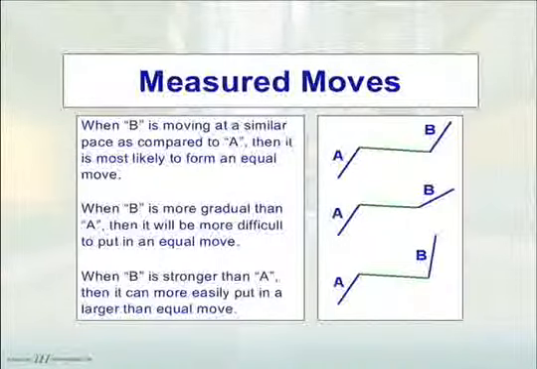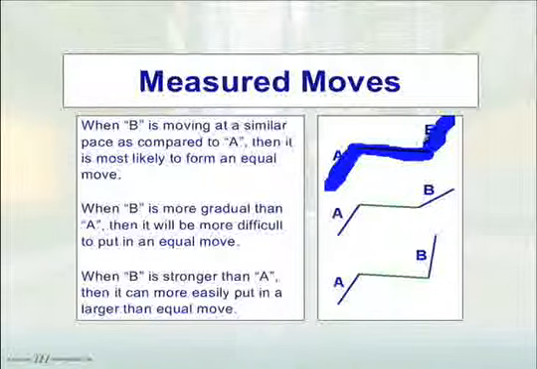Basically, the concept of a measured move, which I also will refer to as an equal move, is when you have a trend move in place and then some sort of corrective move, whether it's a triangle, a bull flag, a base at highs, or more of a pullback in a triangle or something like that. If you look at the momentum coming out of that corrective move, where it forms a continuation pattern, as long as the momentum coming out of that correction is the same pace as it was heading into that correction move,